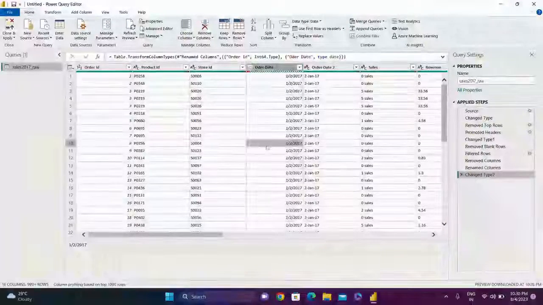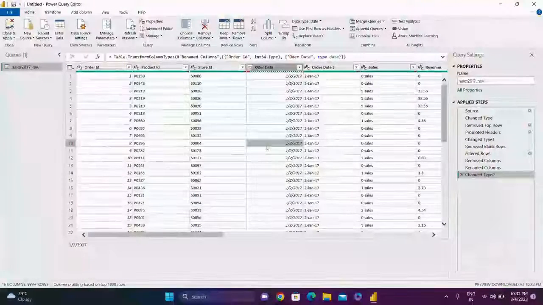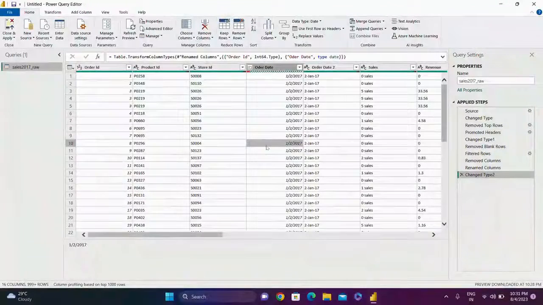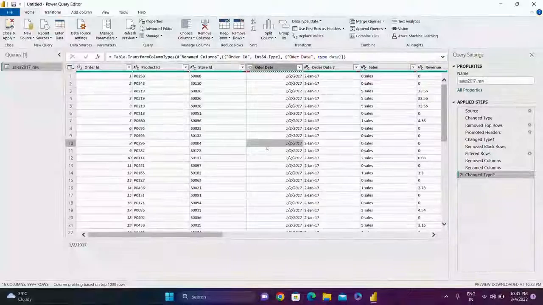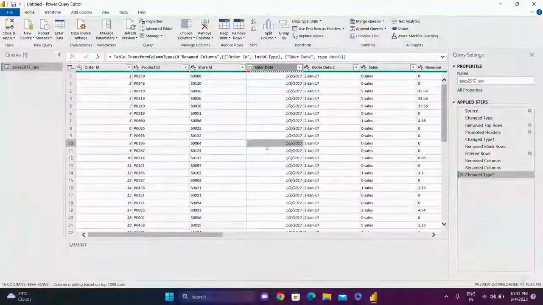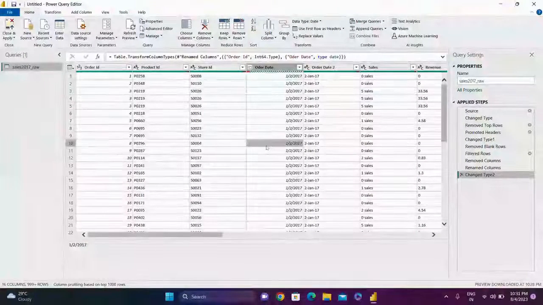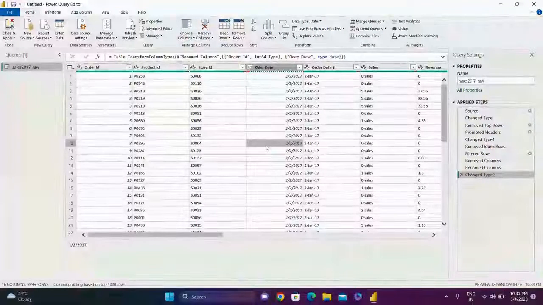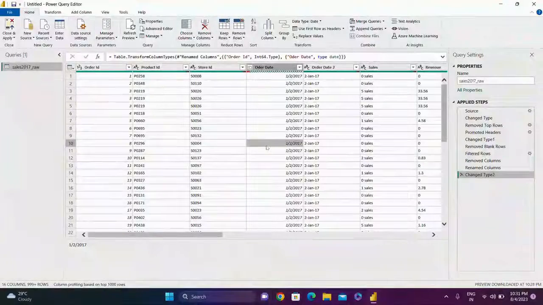And now suppose I am having a column which is giving me good information, but I don't want to get all of that with me. I just want to have a specific part out of it. So how can I do that? In that case, I can split that column into the number of columns that I want, and accordingly I can use it. So for that, let's take an example and understand it with a demo.